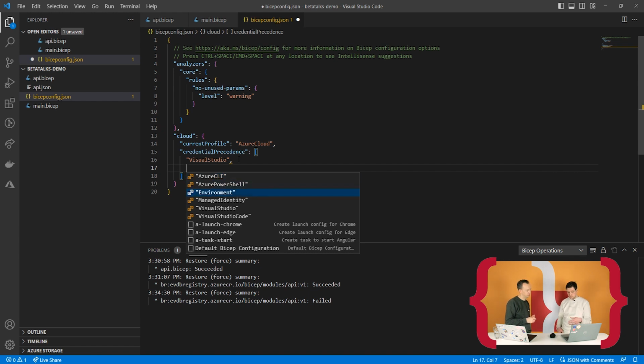But you can, for example, say use environment credentials or managed identity for a build pipeline, and then fall back to Azure CLI if there is nothing set up for that. Awesome. Okay, so I love that we can now reuse